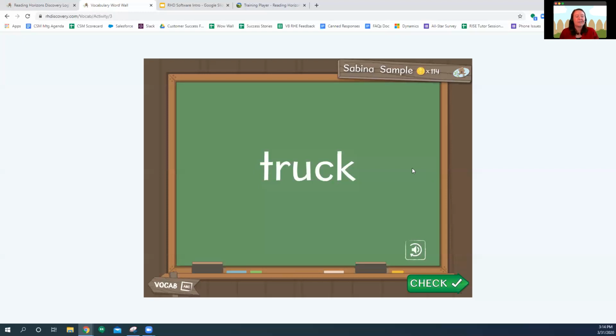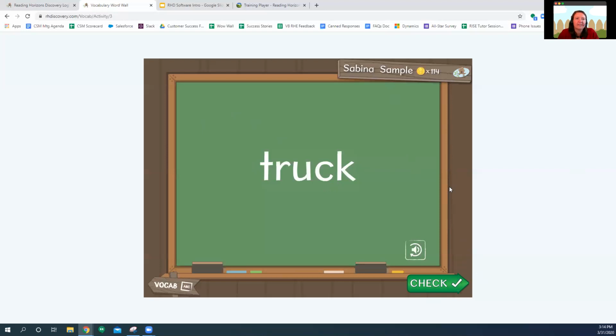Okay, so that's how you can facilitate dictation using the vocab section. It will just keep giving you new words. Once your student has done dictation, they can then type it in here and then see the definition, the context as you go through. Now, one thing you didn't see because that teacher was doing dictation with letters is we